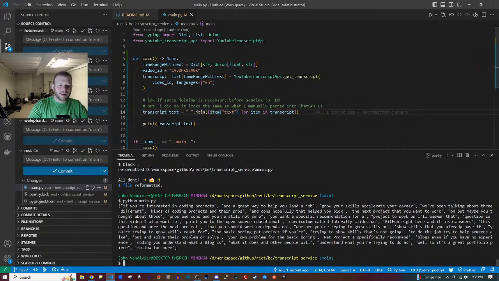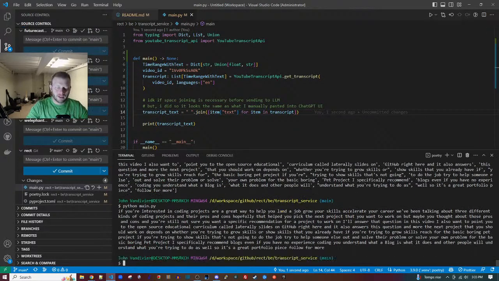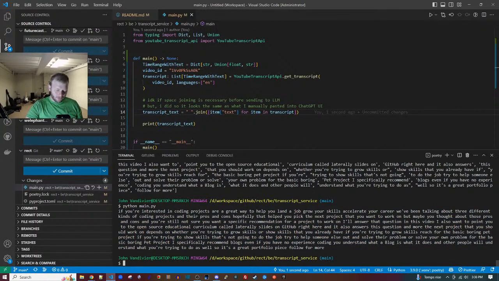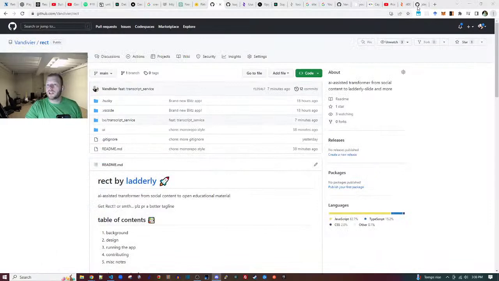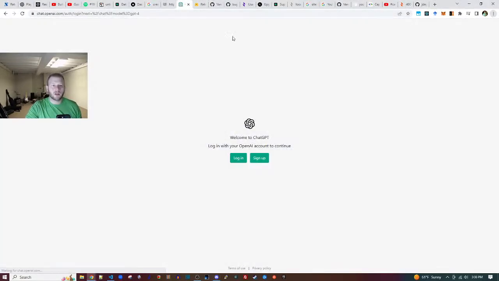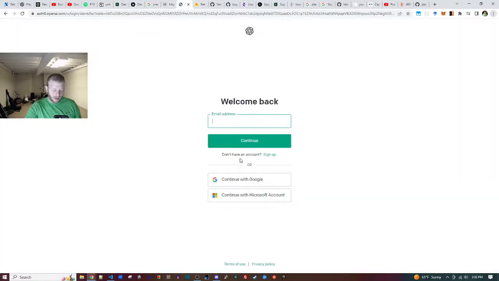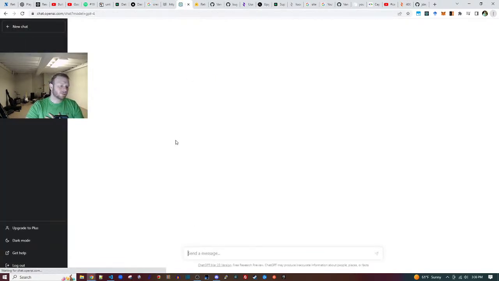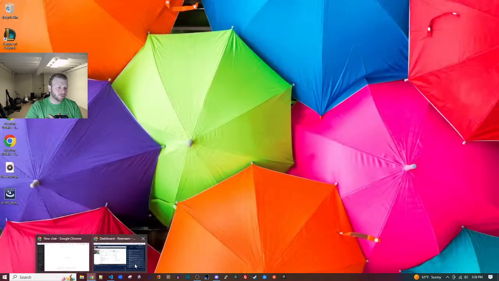Cool. So we can get this. And here's the joined one. And now I can grab this string, Control C, dump from human stack. And I can go over to ChatGPT. So here's ChatGPT, your session expired, whatever. Okay, let's log in. And I can give it this text and basically make sure that everything works in advance.